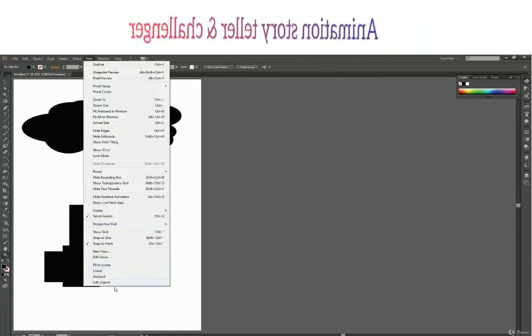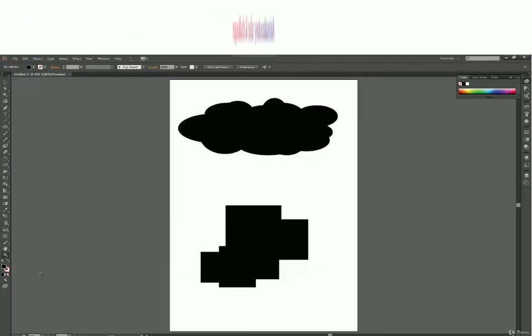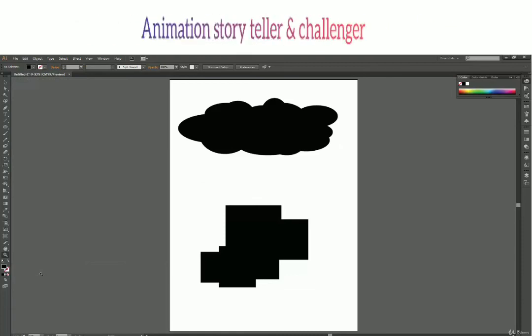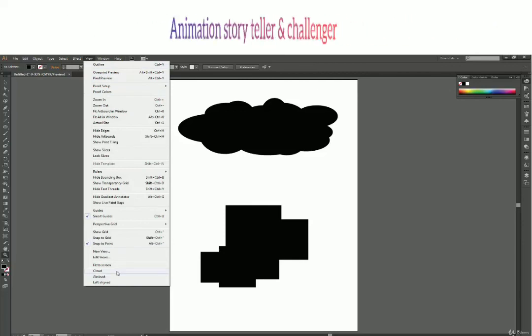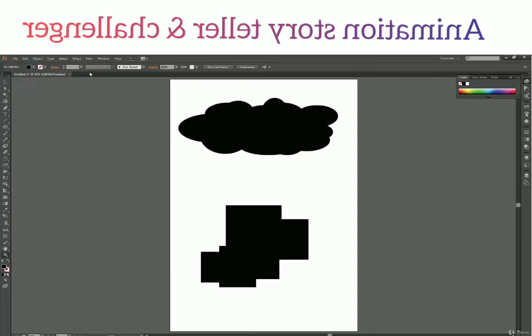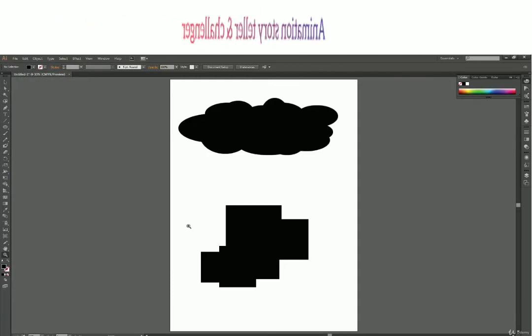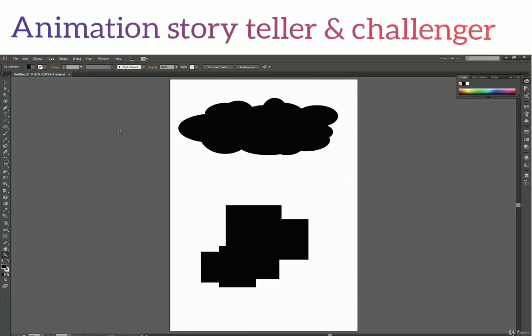So like here we have created four views. Let's say you are working on a project and you are switching back and forth again and again to here, zooming in here and again and again over this cloud path. It is a good idea to create a view of this, so you can quickly go back here and switch to cloud, and quickly press Ctrl 0 or something to fit your artboard to the screen. So this is how view can be used.